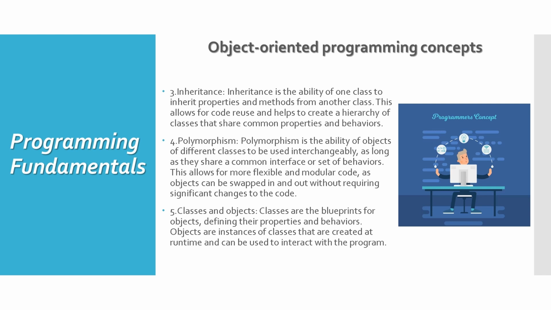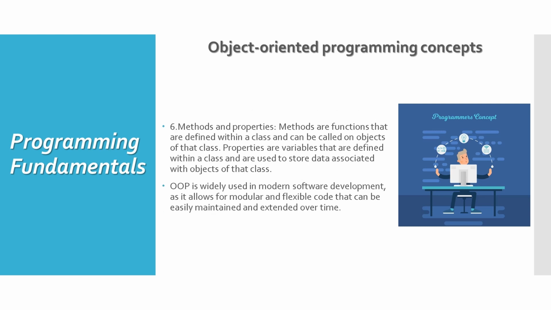Classes are the blueprints for objects, defining their properties and behaviors. Objects are instances of classes that are created at runtime and can be used to interact with the program. 6. Methods and properties. Methods are functions that are defined within a class and can be called on objects of that class. Properties are variables that are defined within a class and are used to store data associated with objects